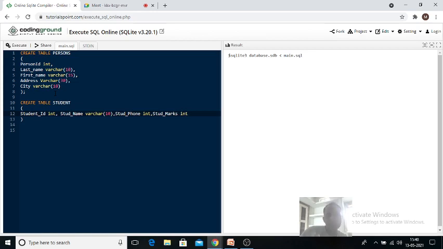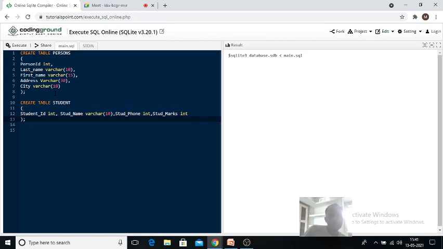Assume that we have not studied any of the data types in SQL, so we just know integer as well as varchar. Later we're going to do in detail how to enter floating point values, what is the size of the integer, what is the size of varchar, date and what is the format of the date, etc. We're going to discuss that in later classes. Okay, now see.